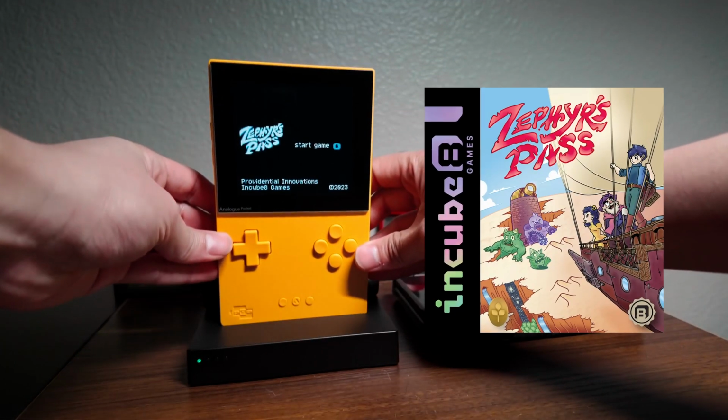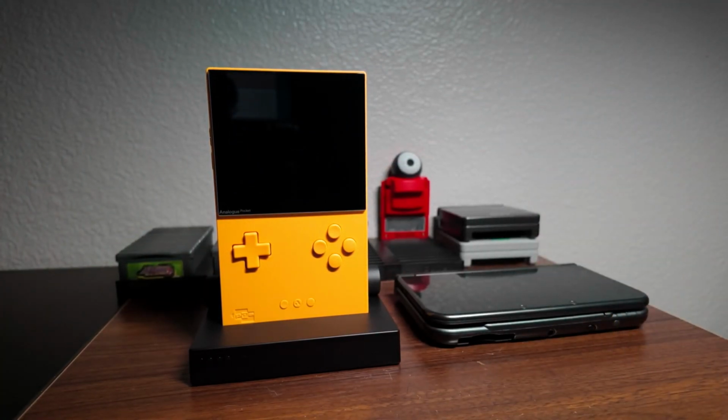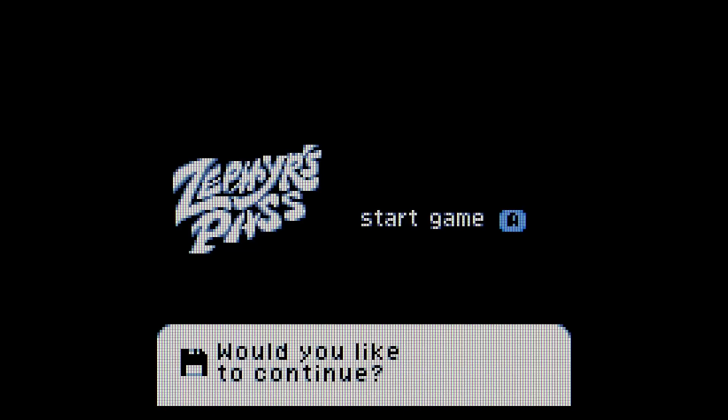Today's video is about Zephyr's Pass, a recently released gem on the Game Boy Color. Released in 2024, this game feels like a time capsule from the golden age of handheld gaming. But before we get into the game itself, let's take a moment to talk about the company that made this